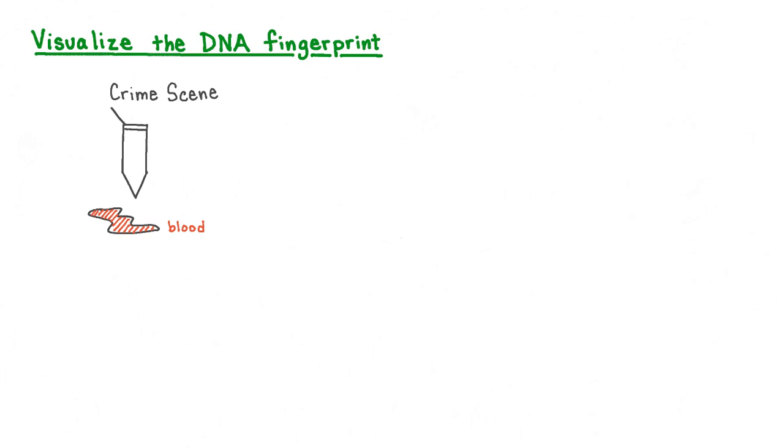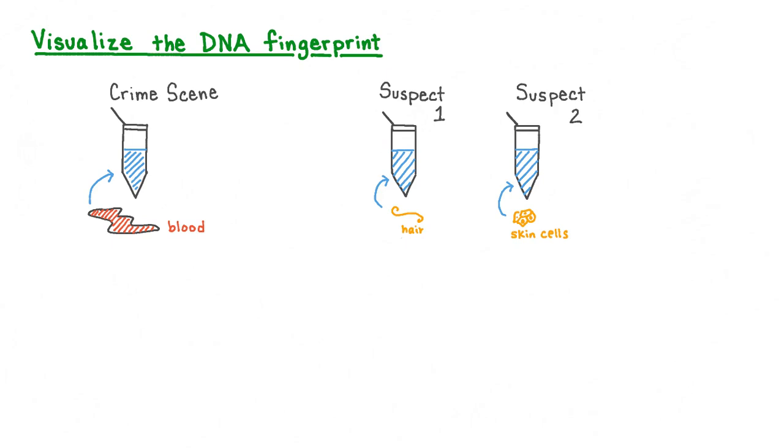First, we would extract DNA from relevant biological tissue found on the crime scene. This could be obtained from cells in a blood spatter, a hair, or even tiny amounts of skin left behind when someone touched a surface. We can then amplify the DNA, which means cause it to replicate and make many copies, so that even if the initial sample is very small, we'll have enough to work with. We would also want to do the same with the samples of DNA from our suspects, perhaps from a strand of their hair or a sample of their skin cells.